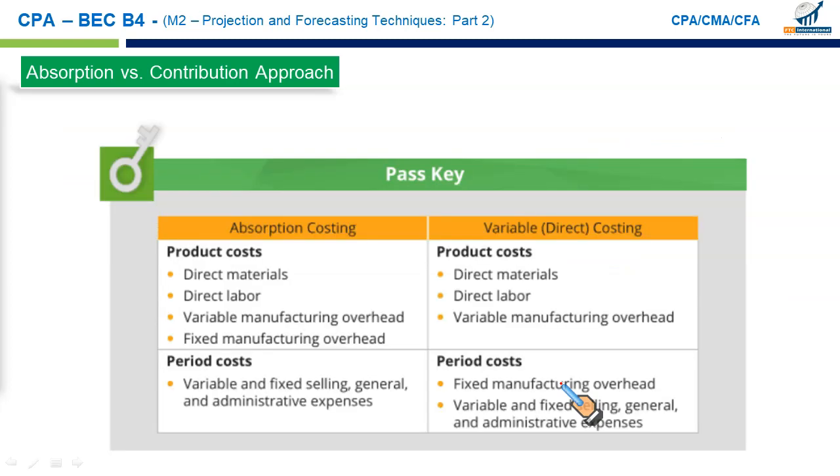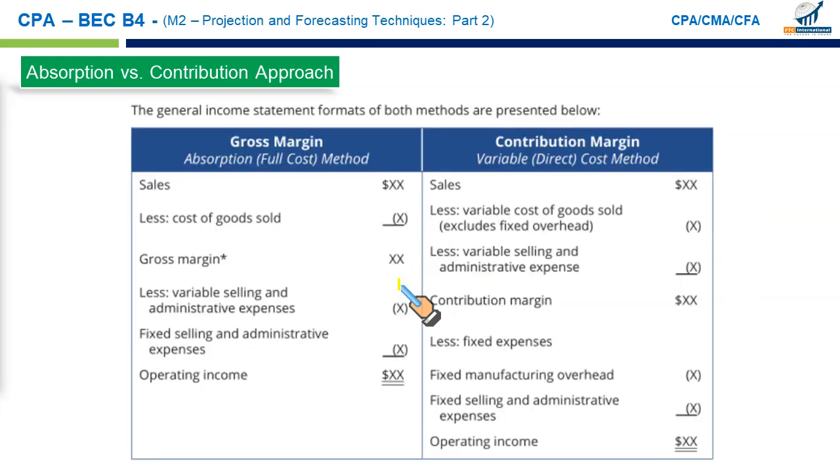So basically, what is the prime difference between absorption costing and variable costing? I will show you. This is the main difference. Let me highlight this for you. Fixed manufacturing cost is considered as a product cost under absorption costing, whereas fixed manufacturing overhead is considered as a period cost under the variable or direct costing, right? So this is the difference. Rest is the same, so we don't even need to look at the table anymore. The difference between these two approaches is the treatment of fixed factory overhead. Now this is an important part here.